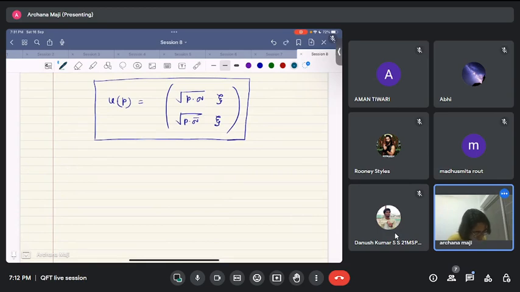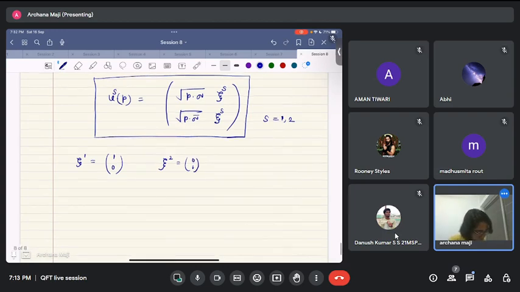Xi. So as I was telling last time when we did the rest frame solution, there are two possible choices for this xi. So we put another parameter s where s takes 1 and 2, where xi1 can be 1 0 and xi2 can be taken to be 0 1, because they transform like a two component spinor. So okay,